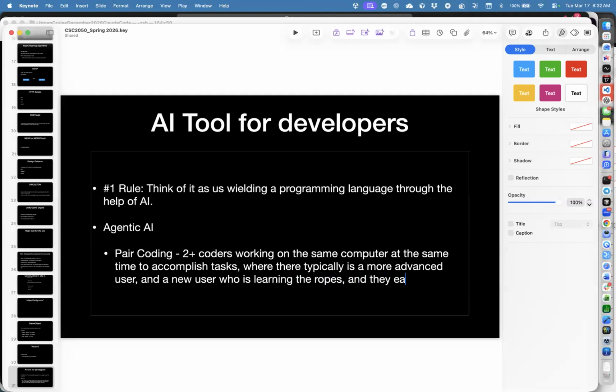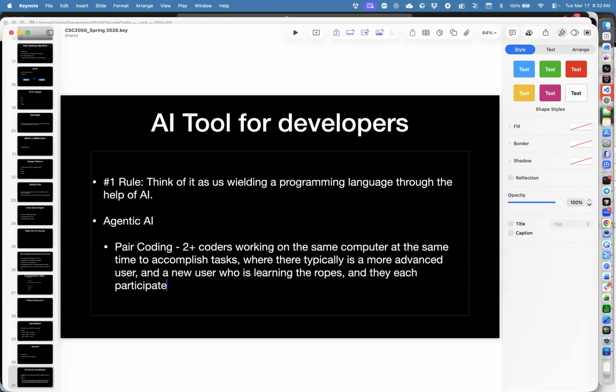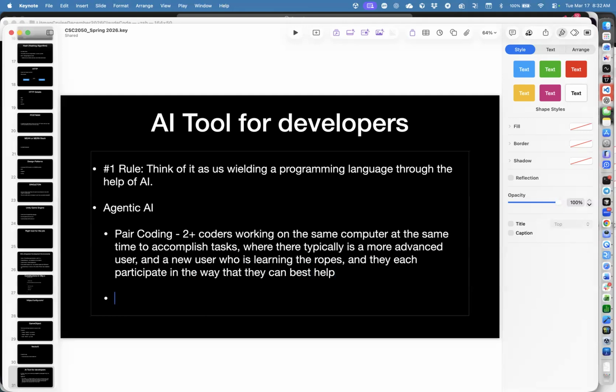And they each participate in the way that they can best help. All right, so that's what pair coding is. For pair coding, I use a tool called Cursor.